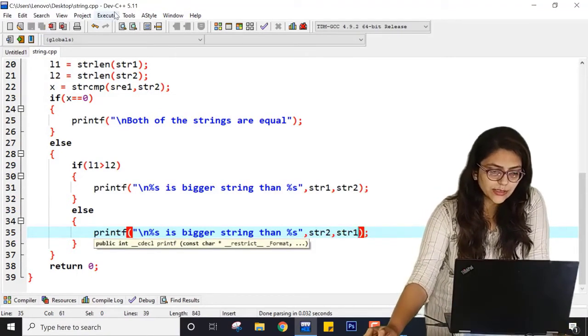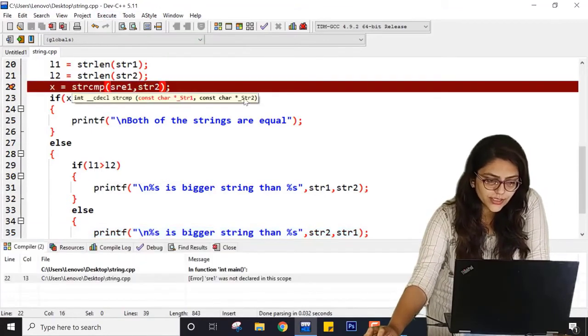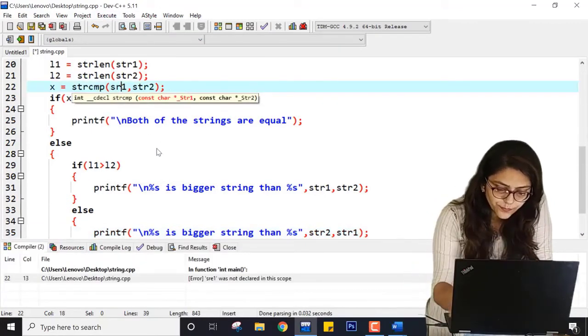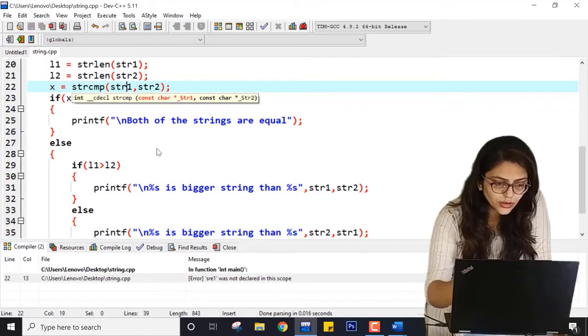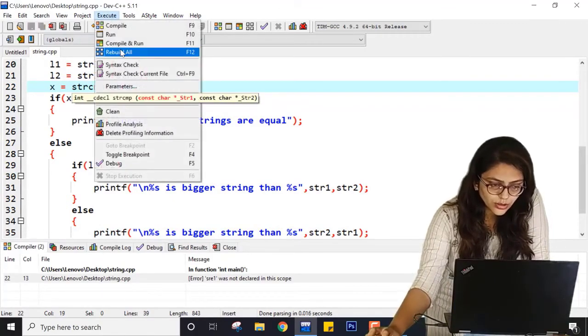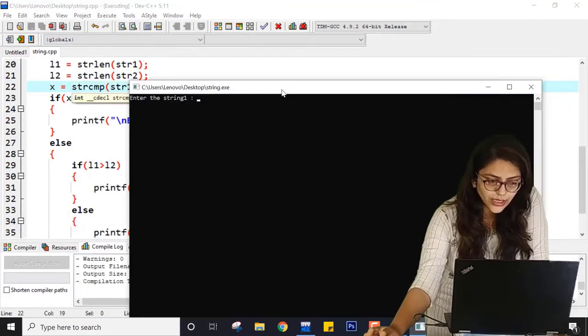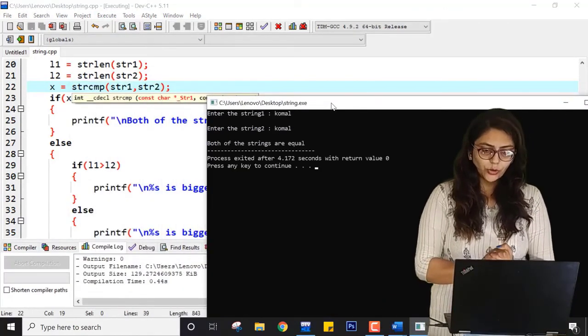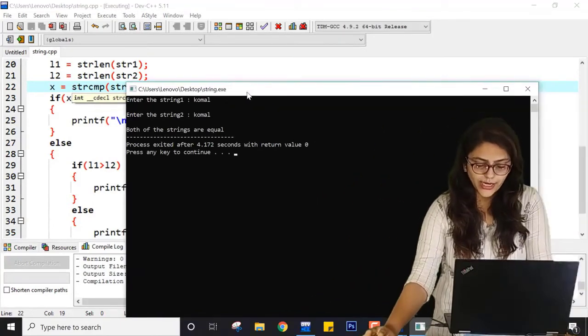Let me save this program and check if it is correct or not. Compile it and run it. I am entering KOMAL, KOMAL. So both of the strings are equal, right?